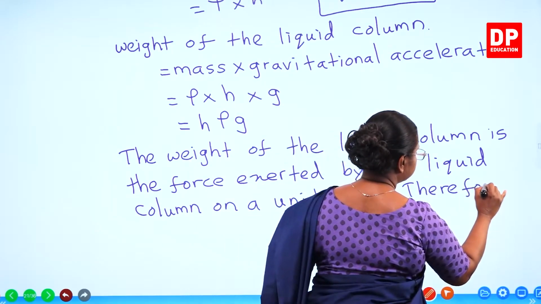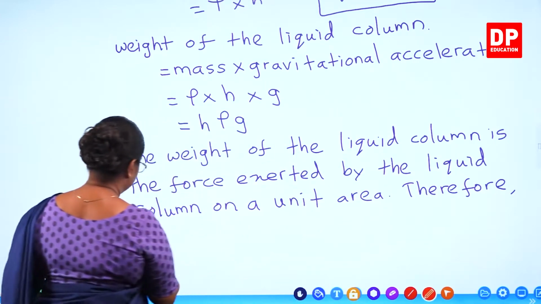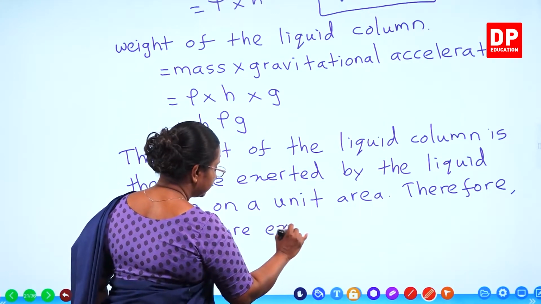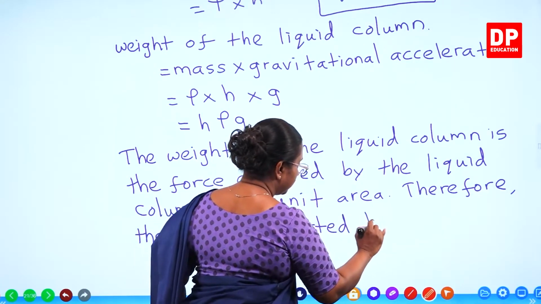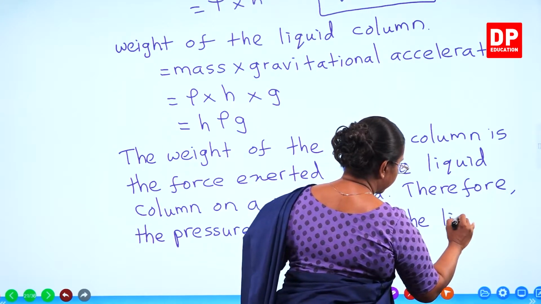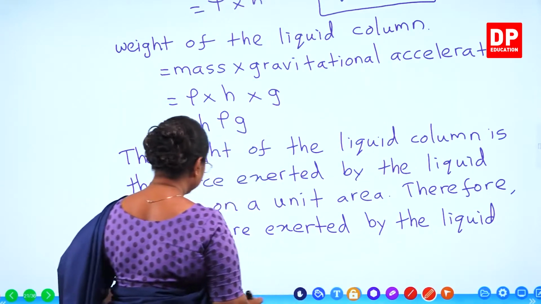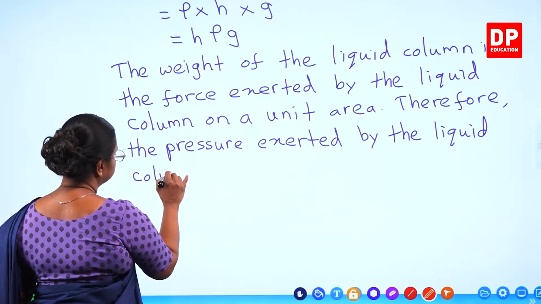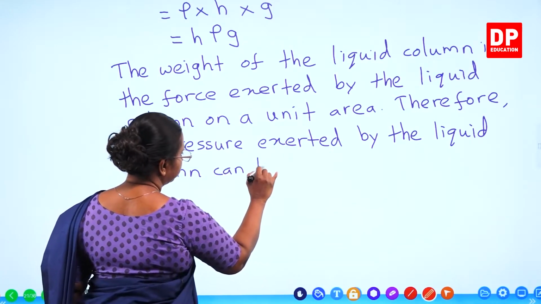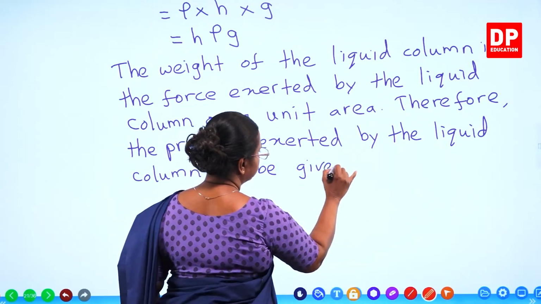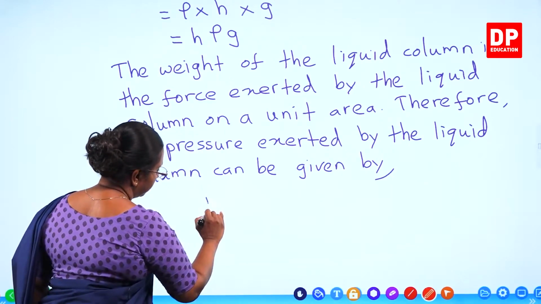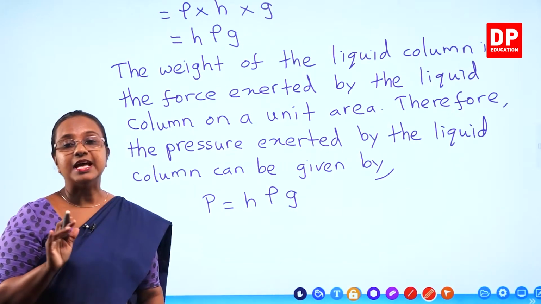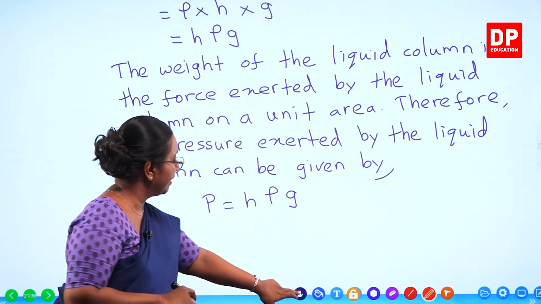Therefore, the pressure exerted by the liquid column can be given by pressure equals H rho G. Is that okay, students? If we go back,